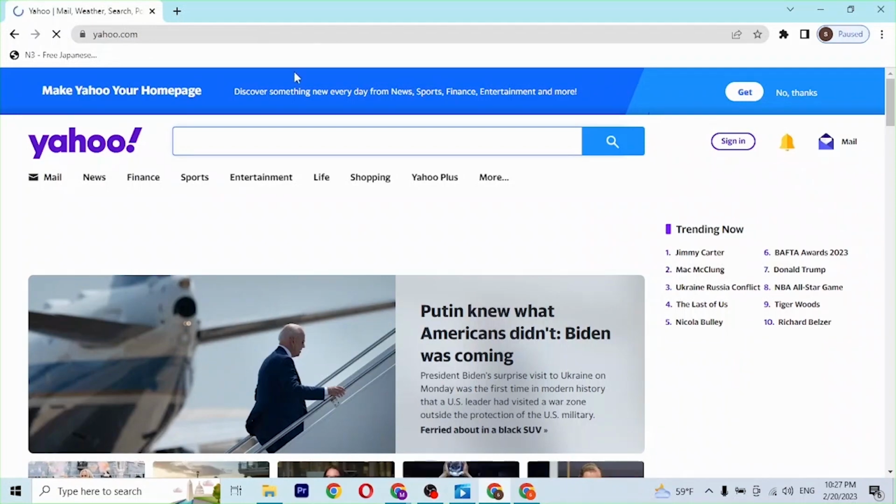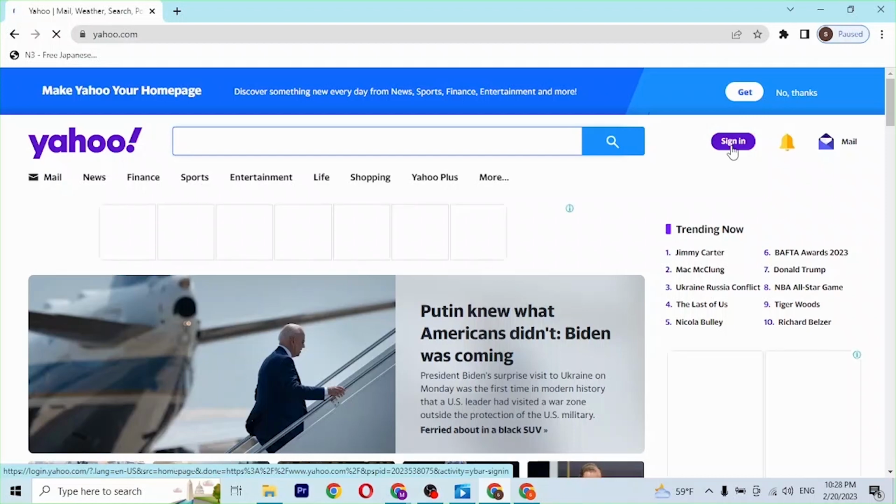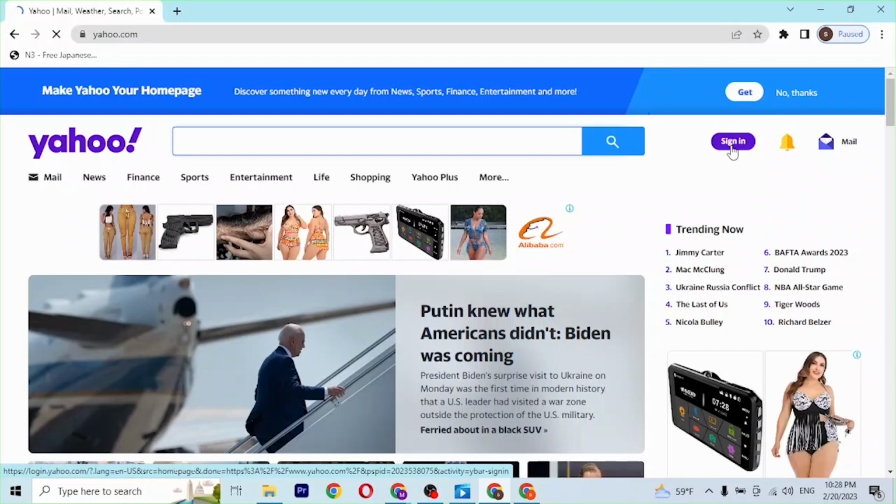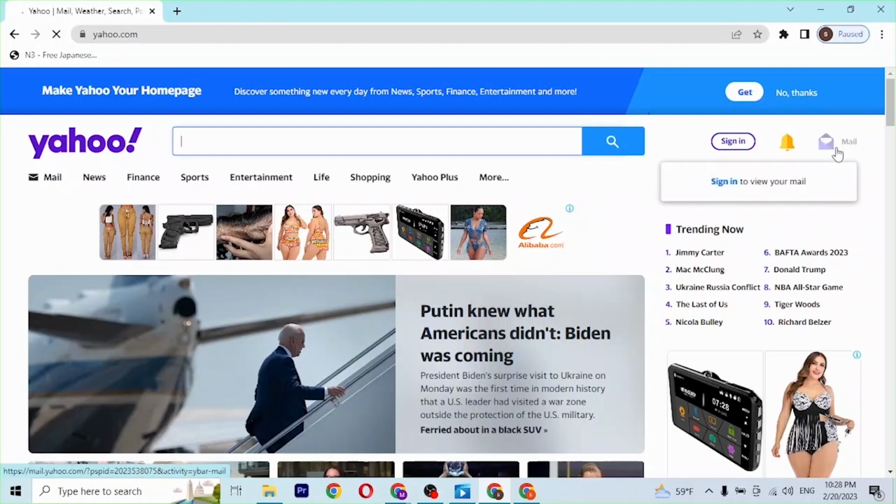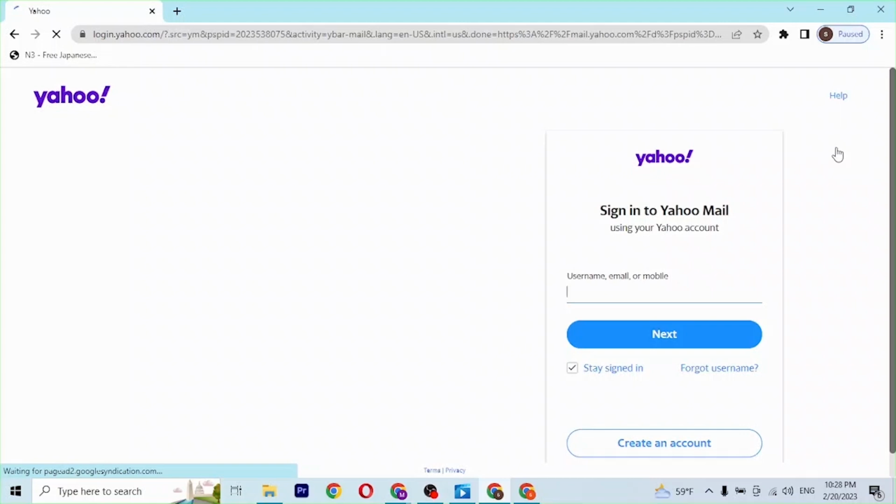And to log into your mail account of Yahoo, you can see there is a sign in button available over here, but if you click on sign in over here, then you will be able to sign into your account, but you will have to go to your mail account separately. But we will not be doing that. In order to log into your Yahoo mail account, let's simply click on mail available over here, and after that